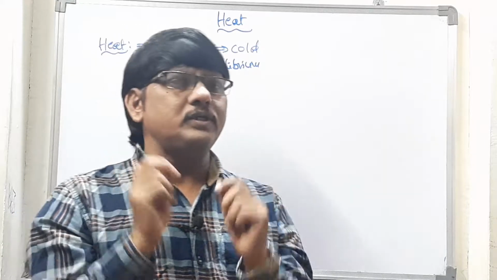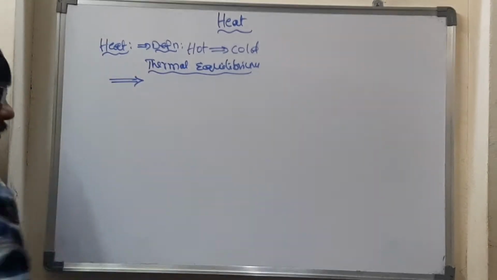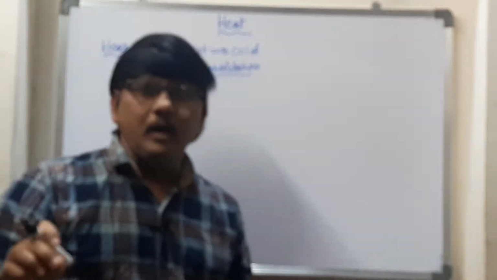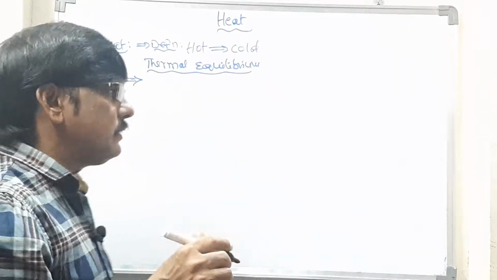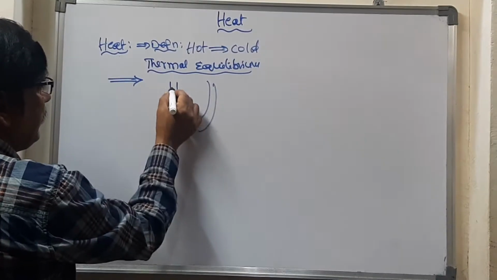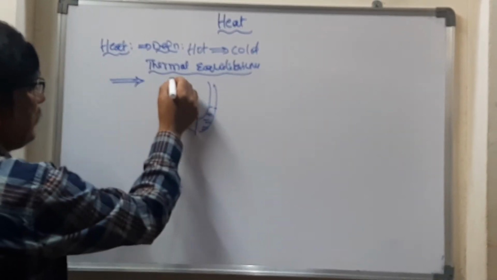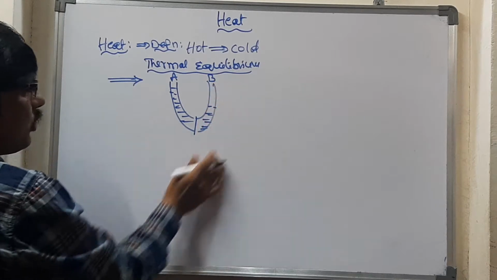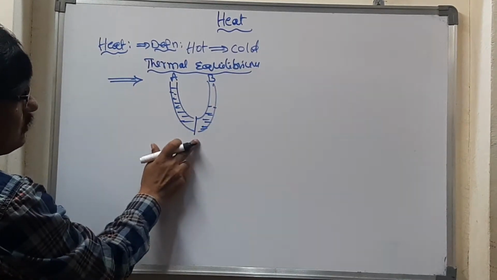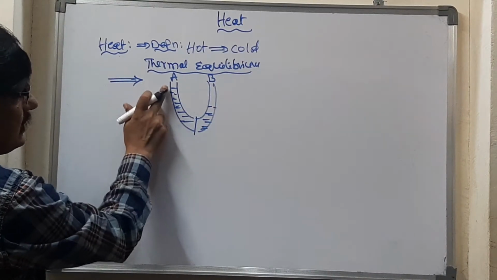Now let us see one question you can expect from thermal equilibrium: what are the properties of thermal equilibrium? If any system is in thermal equilibrium, then what will happen? The first very important thing is that all the components of the system will have the same temperature. The reason is, suppose this is a hot body and this is a cold body, and because of this block, the water level is not traveling like this, and energy also is not traveling towards this side.